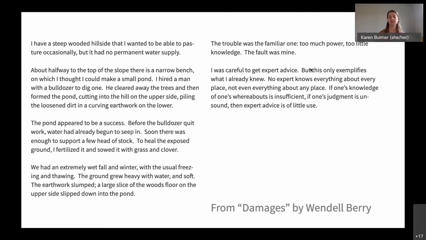breakout rooms for just a few minutes. And in the breakout room, I want you to think about, so Michael, are you there? You're going to set this up? Okay. In the breakout room, I'm going to put you into groups of two. And what I'd like you to share with your partner, and this will be quick, for 2 or 3 minutes, is anything that you noticed about your mind.